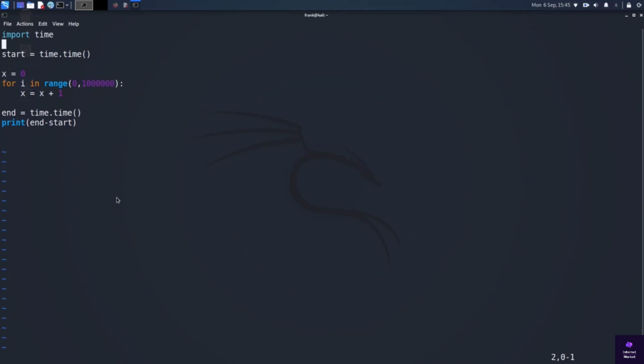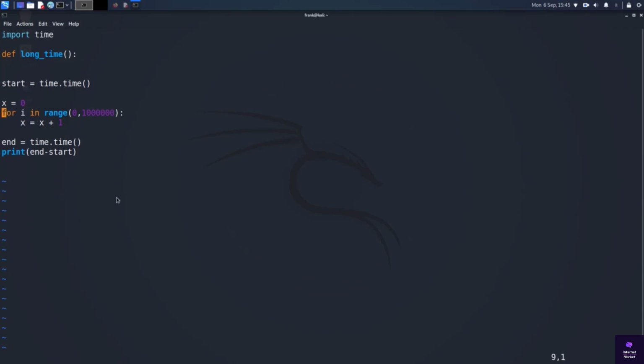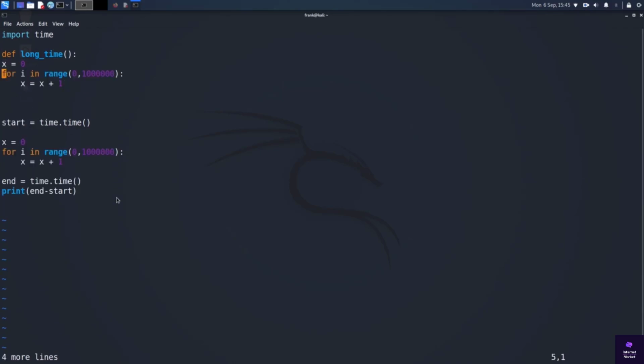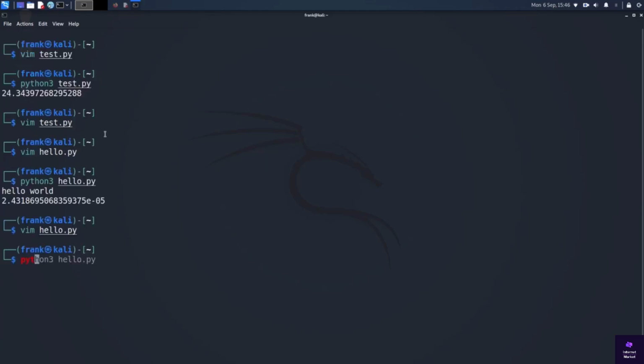So you want some function that takes a long time to execute. And then you can measure that function by subtracting the start time from the end time. So if we run this,